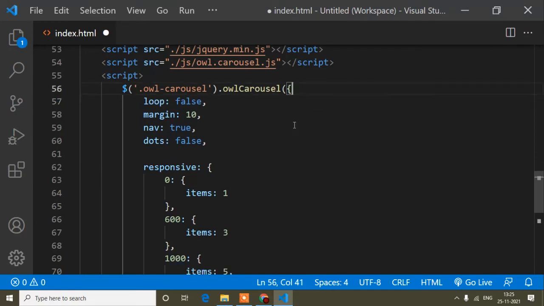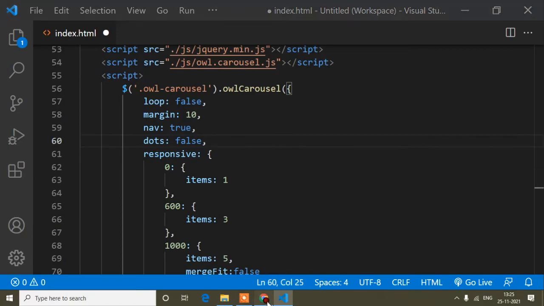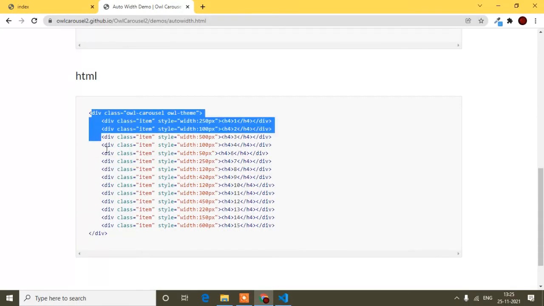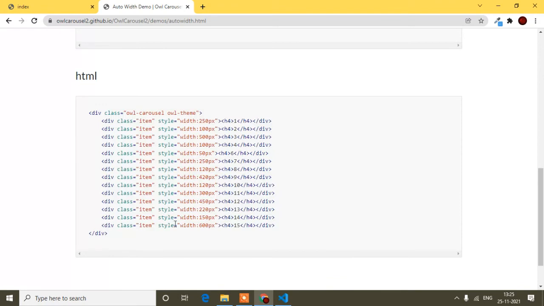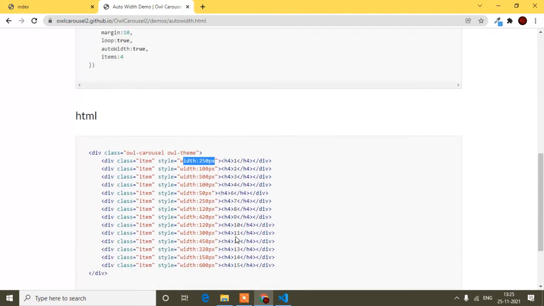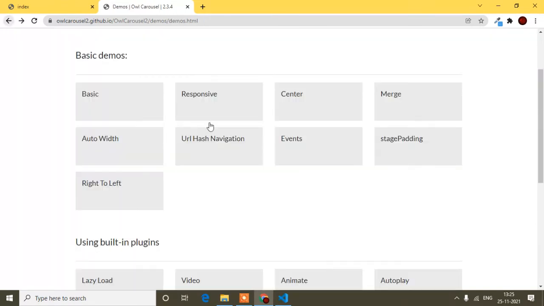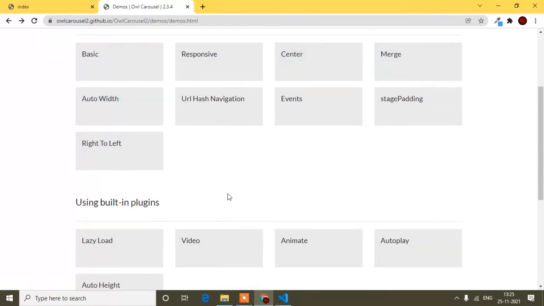So this way you can paste this property, and after that you have to add the HTML also. I suggest adding images instead of numbers, then you can understand the difference in a much better way. And here you have to set the width, then you can understand. Okay, so this way you can implement all the CSS properties and find the difference. I'm not showing this one because these are not very important. If you are implementing Aurika as well, this CSS property is not very important.